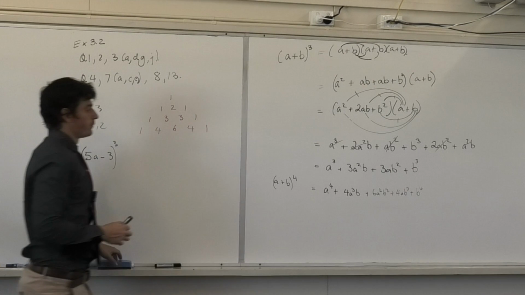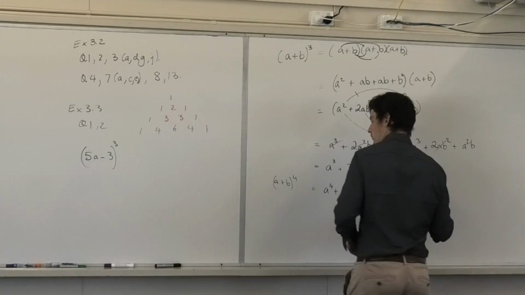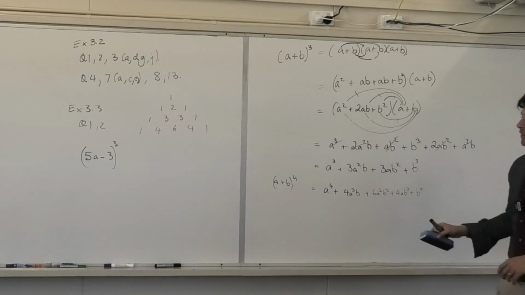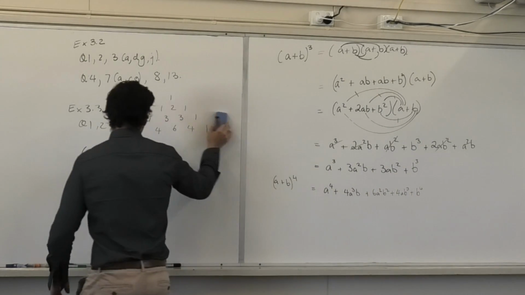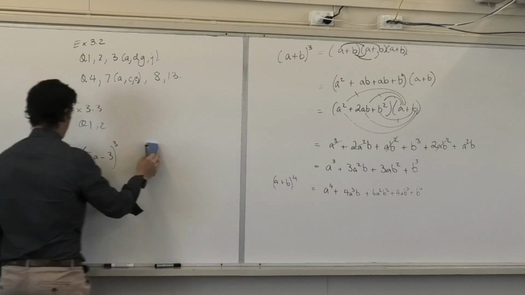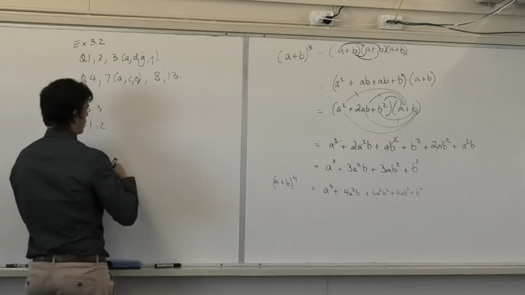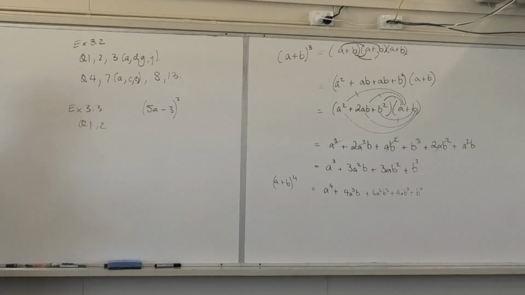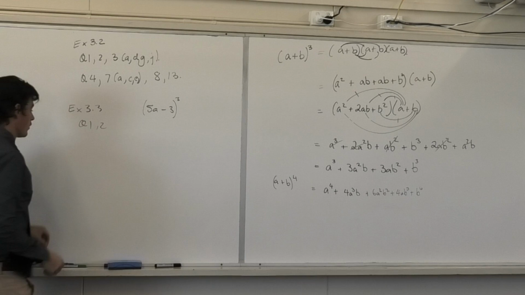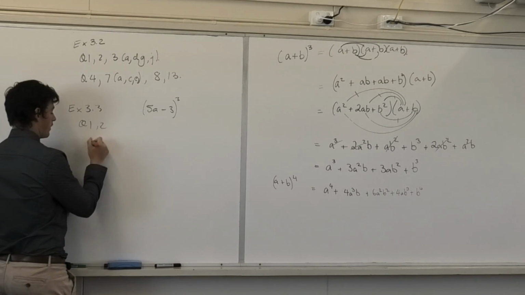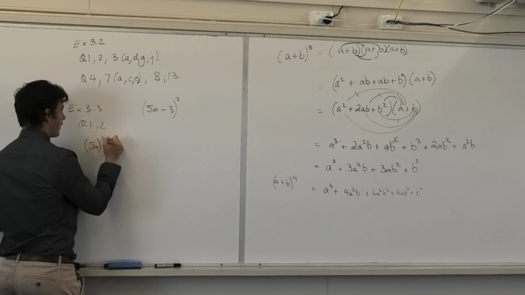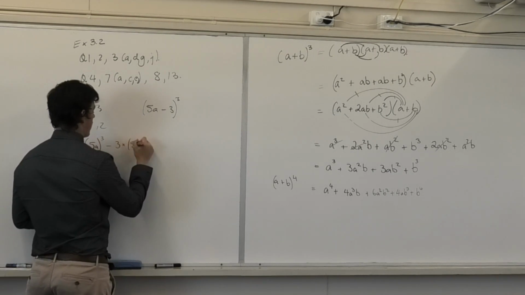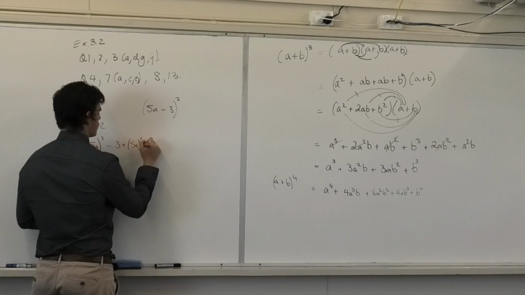So, am I going to rub that out or do you want that up for a bit? Leave it here, please. Okay. I want to rub out some of these exercises now. (5a minus 3) to the power of 3. Okay? So Pascal's triangle tells me that I could do (5a) to the power of 3, minus 3 times (5a) squared times 3,